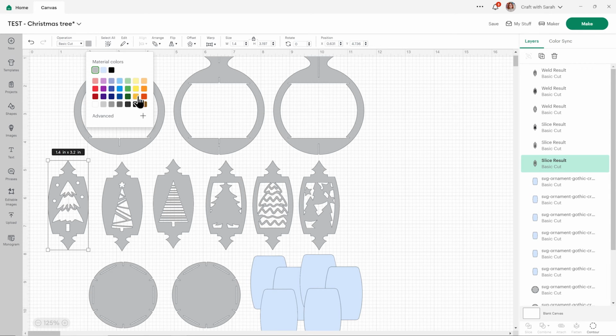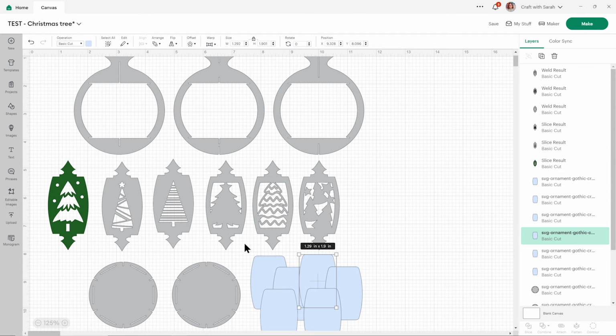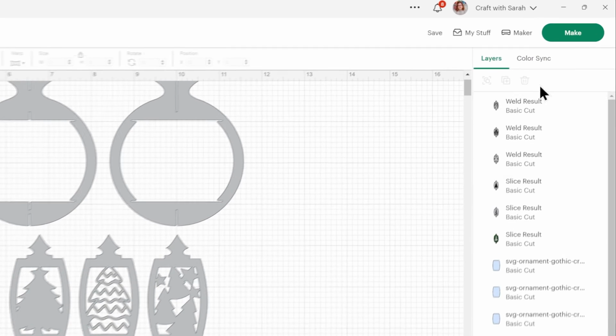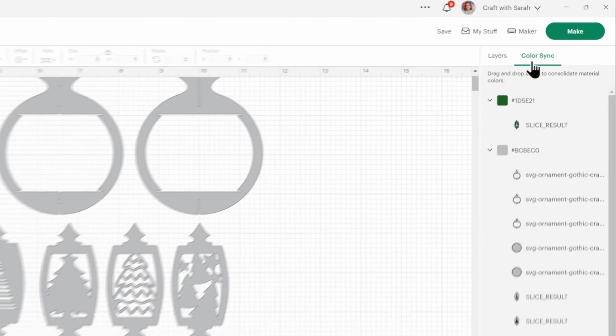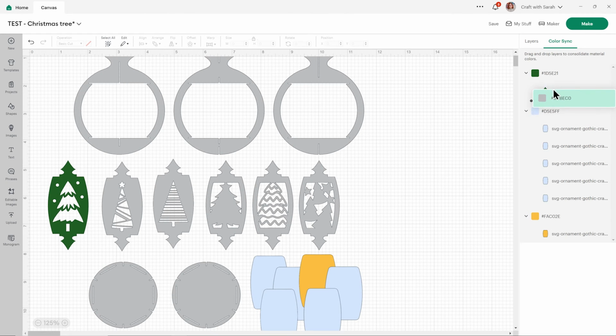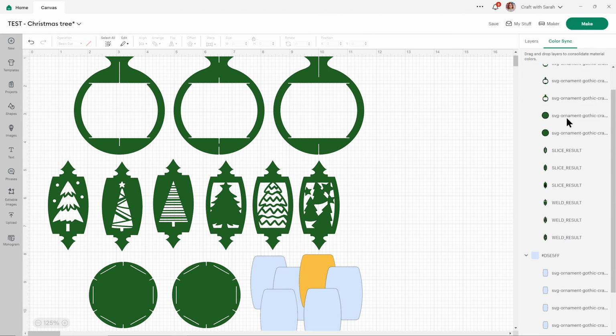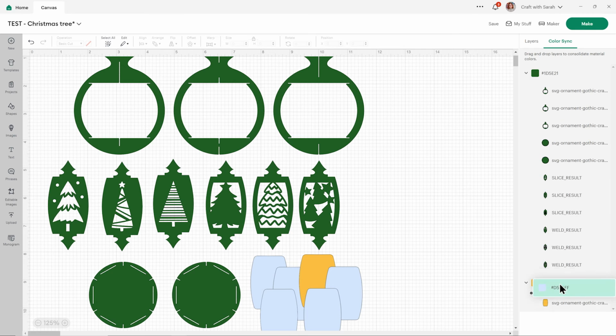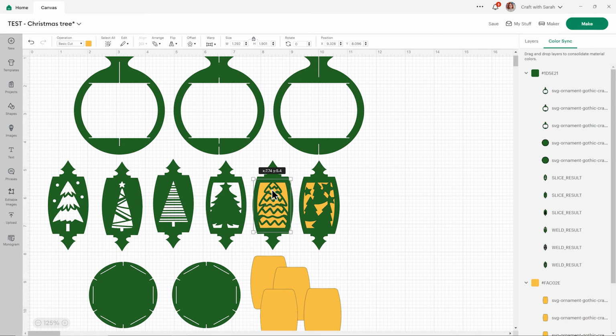And I'm thinking green and then cut gold underneath. So I'll choose one of them as green, one of those as a kind of goldy colour. And then the super quick way to do this is to press Colour Sync on the top right and then drag all of one colour into the other to change everything at once, and all of that one into that one. And if you want to, you can move the little inner panels just to see if you're happy with your colour combination. But I think that's looking great, so let's click Make.